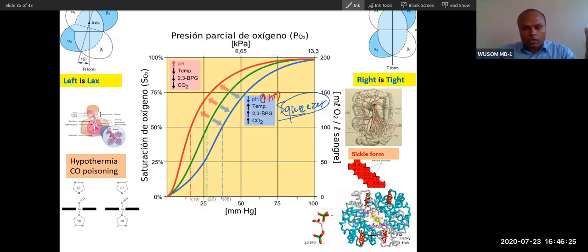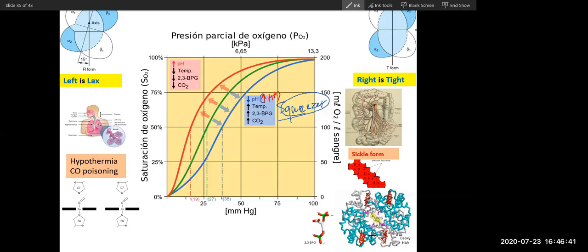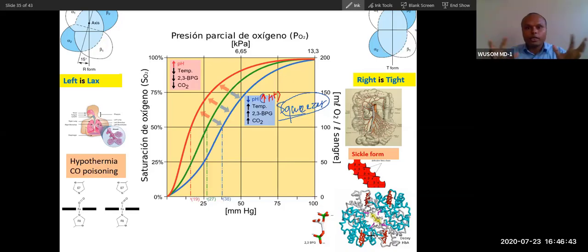Can you use this trick? Right is tight, left is lax. Will you remember this technique and the squeezer effect? Yes, sir. If you can put this whole picture of this very difficult to understand concept in your imagination, you will understand everything and memorize everything. So you can correlate with this.